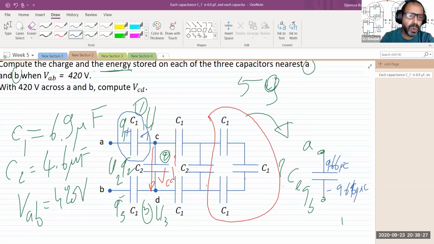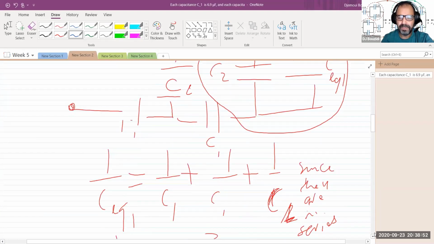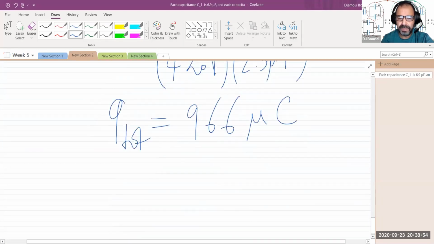So the charge Q1 is already known to be 966, and that is actually Q3 also. This is positive, that's negative, that's fine. The way I structured it right now, this 420 is the higher potential. Assume that the 420 is pointing backward, otherwise the signs will be flipped. So Q1